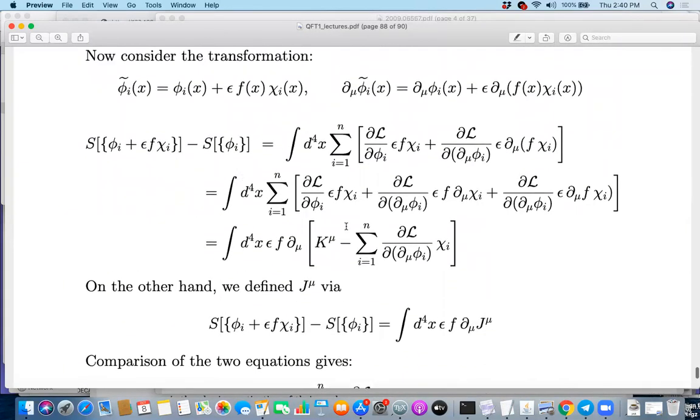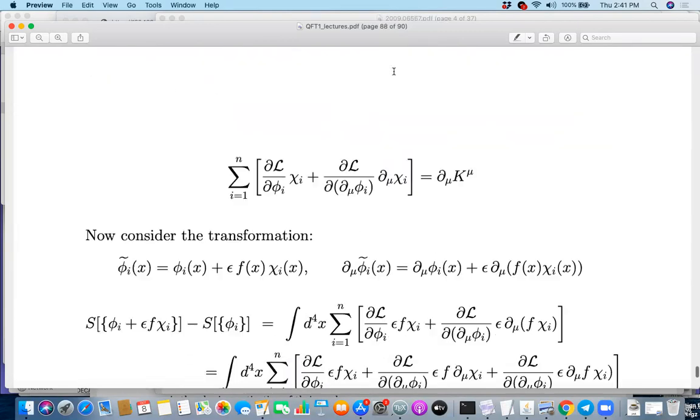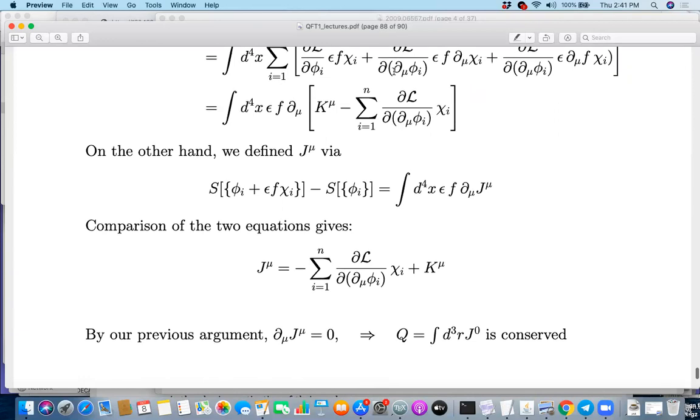Now we have already achieved that. We have shown that indeed this difference can be written in this form, f times some divergence. So the proof of Noether's theorem already guaranteed that this must happen, right? In fact, it guaranteed that for any action, this must happen. But now we are just verifying that for this particular class of actions, for which you can write S as the integral of L, which is a function of phi and del mu phi, it does happen. It's just a verification of the general argument that we gave earlier.